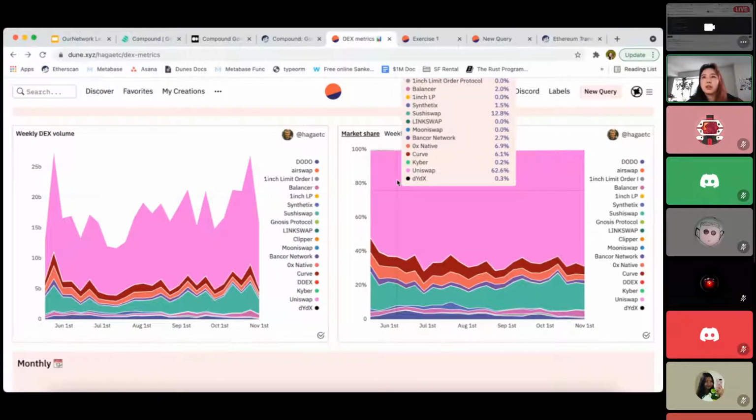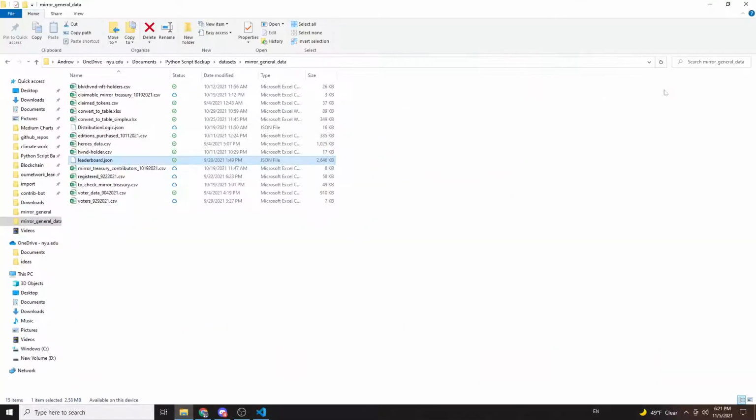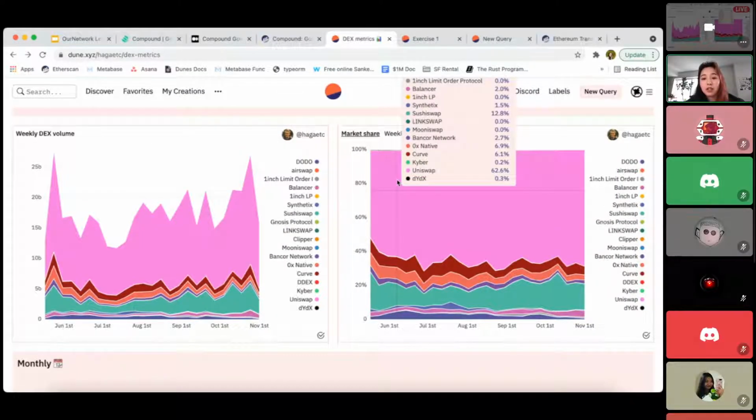If we think about we want to have something like that, it sounds like we need to know the rank of each pair per month first by volume. And then we want to check, if the rank is smaller than 10, then label it as whatever the DEX name is. And if the rank is larger than 10,